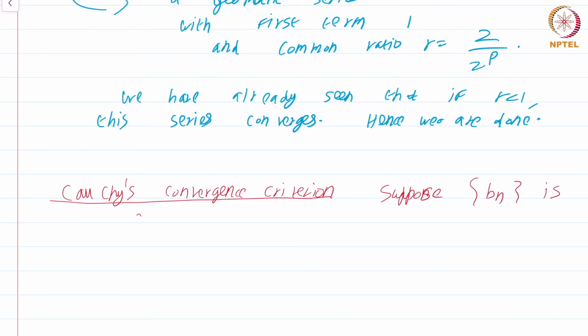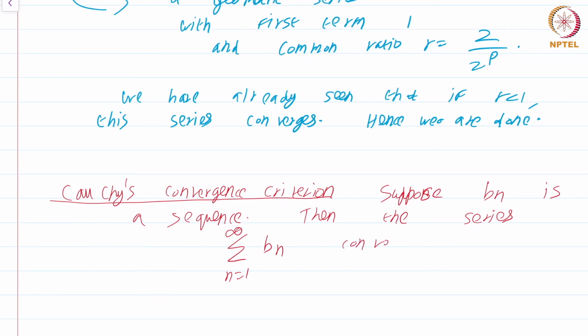So let me just use consistent notation. I have chosen to avoid putting the parenthesis whenever possible. Suppose Bn is a sequence, then the series summation Bn, n equals 1 to infinity,